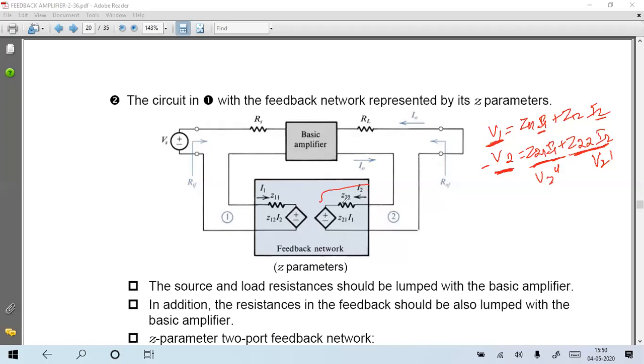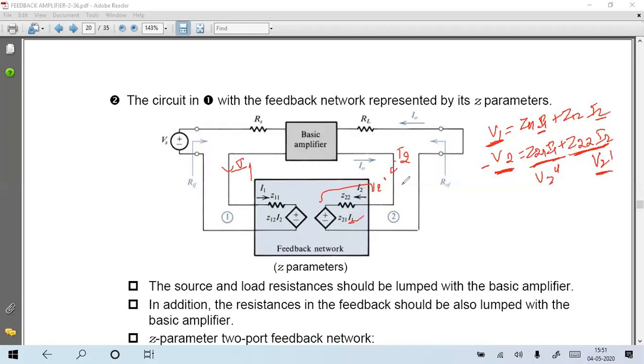So here I connected one Z22 in this path. What current is actually flowing? The output current, I2. This current is flowing through the Z22 impedance. Then I will get, according to my representation, V2 dash. Next, one more voltage source has to be represented, but this voltage source is dependent on the input current. This current is I1. That is why I have to represent one more voltage source. I represented plus and minus. It is a dependent voltage source, dependent on the input current I1. That is why it is Z21 into I1.